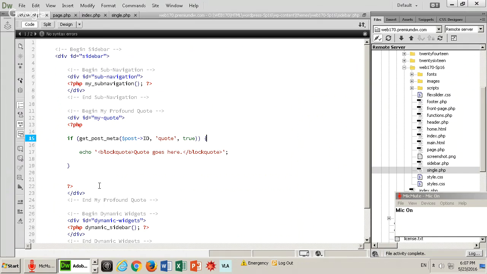You could also do it like this, where we ended the script like that. And then for the ending bracket,